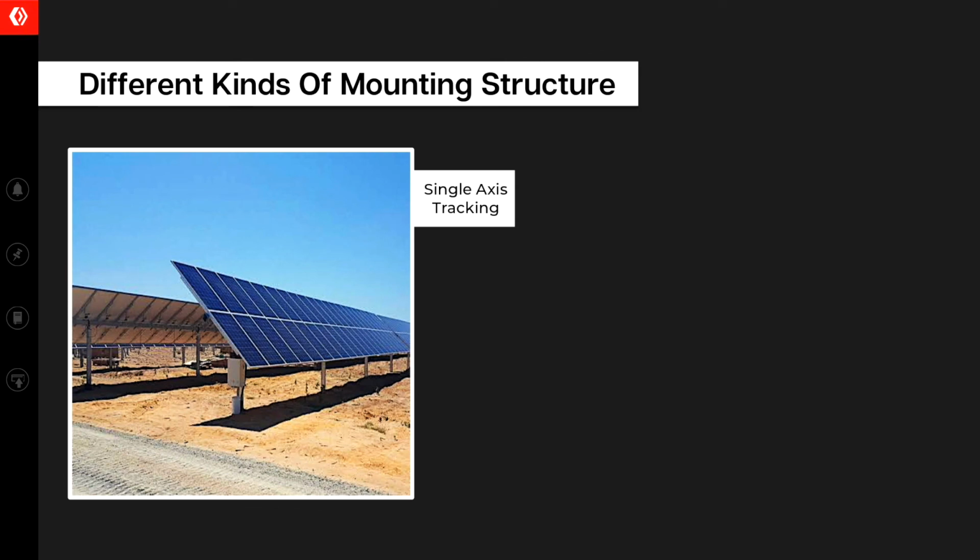Single axis tracking structure. Single axis tracking refers to a structure which tracks the daily movement of the sun from east to west. Single axis tracking generates around 15% more energy as compared to fixed tilt structure, but on the other side they are also quite expensive. Out of all the structures discussed, single axis tracking is the most expensive out there. Just to give you a rough idea, if you compare it with a fixed tilt project, the overall addition in the capex cost is around 10% of your project.